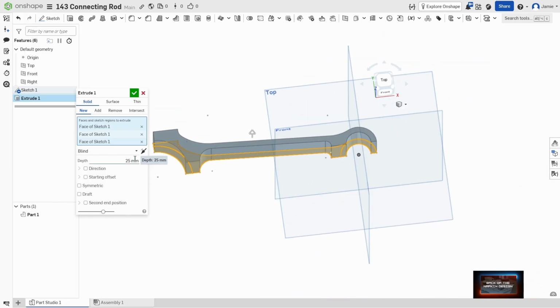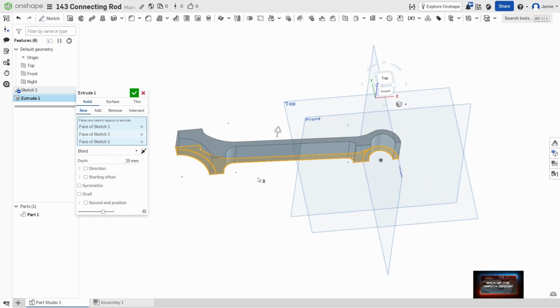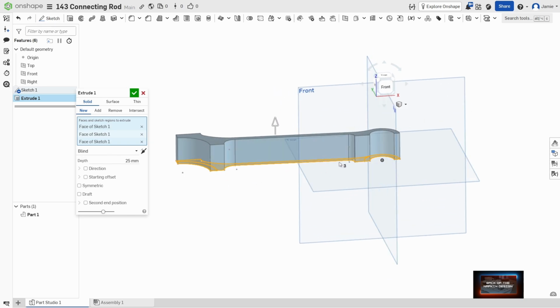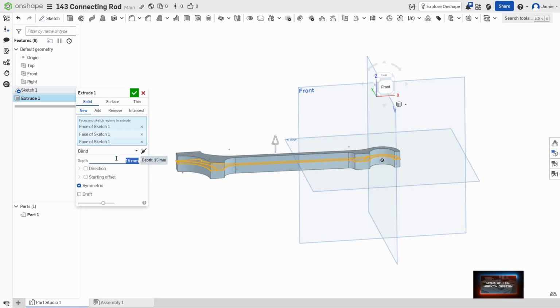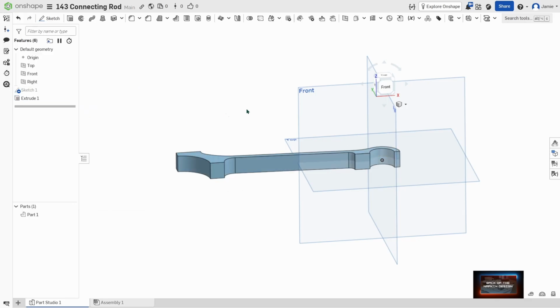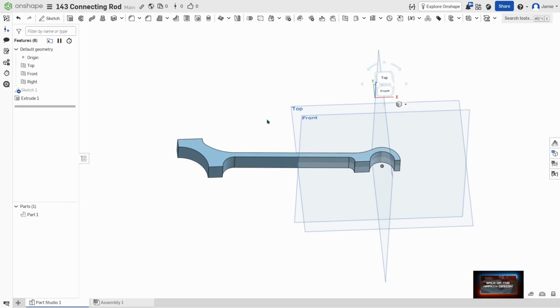So now we're going to do this symmetrically. This is our origin plane and origin line right here. We want to do a symmetric, and then 15 millimeters, enter. So then it separates. Negative Z is 7.5, positive Z is 7.5, so that equals 15. Okay, green check. All right, so now there's an additional rib right here that we need